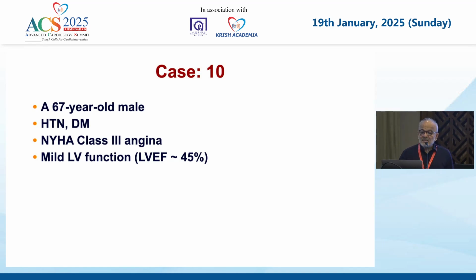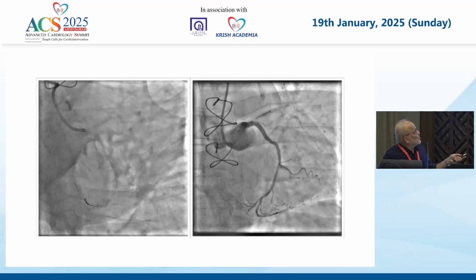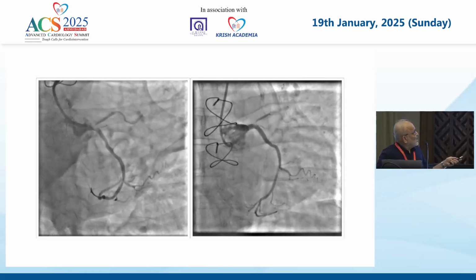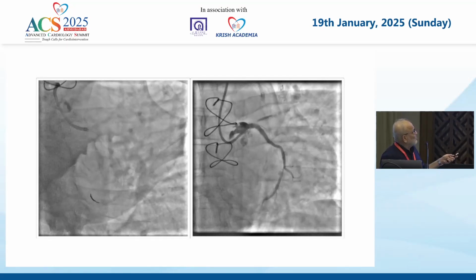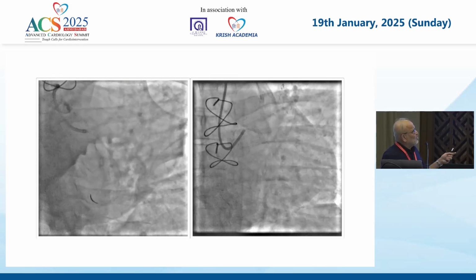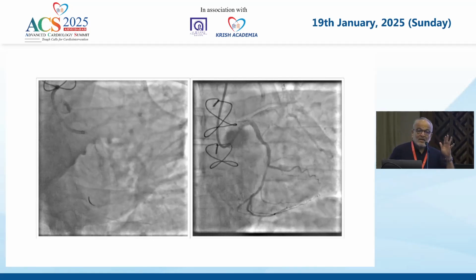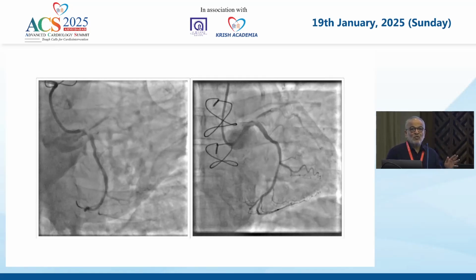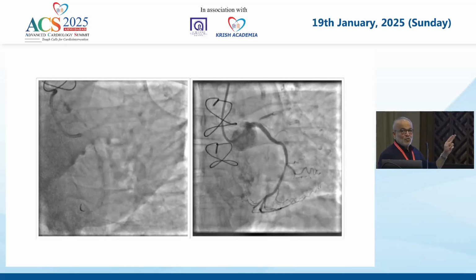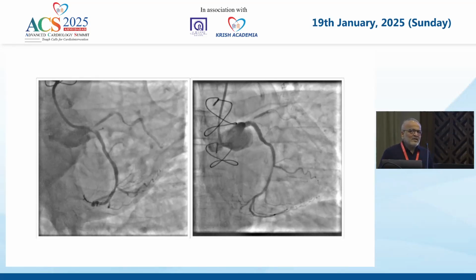One more case is a 67-year-old male hypertensive diabetic, class 3 angina, mild LV dysfunction, and this was a post-bypass case. You can see, whenever I see this type of picture on angiogram, particularly in a post-bypass, long duration bypass case, without imaging, now I can at least predict that I have to encounter a very bad calcific nodule in that region,